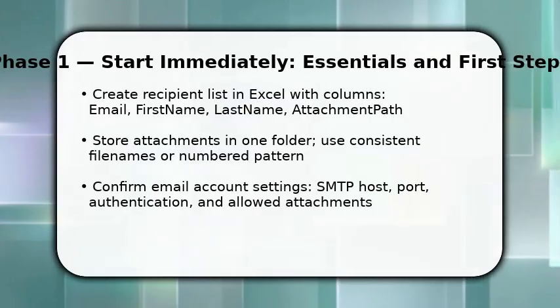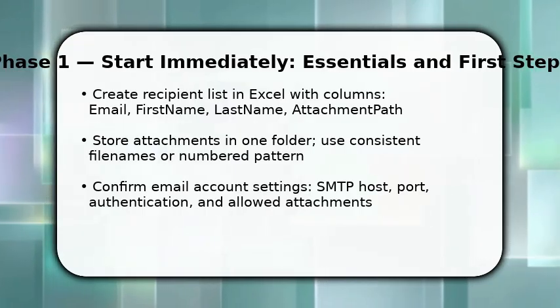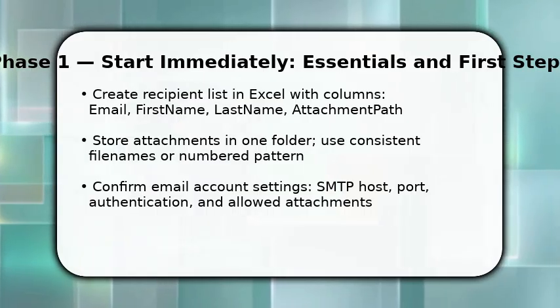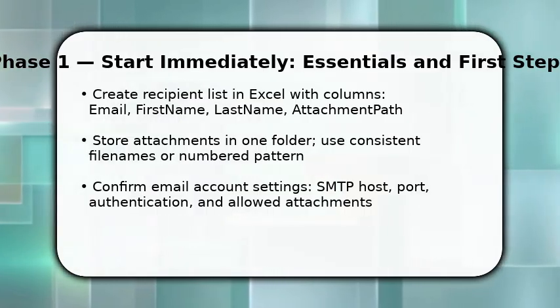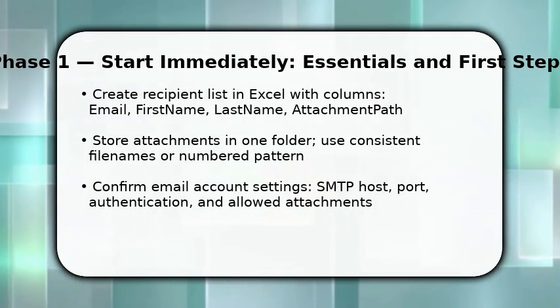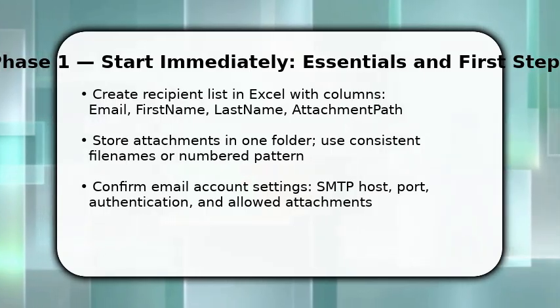You start by building a clean recipient spreadsheet and linking each row to an attachment. Open Excel and include email, first name, last name, and attachment path columns. This directs the merge. Once done, place all attachment files in one folder and use predictable names so scripts or